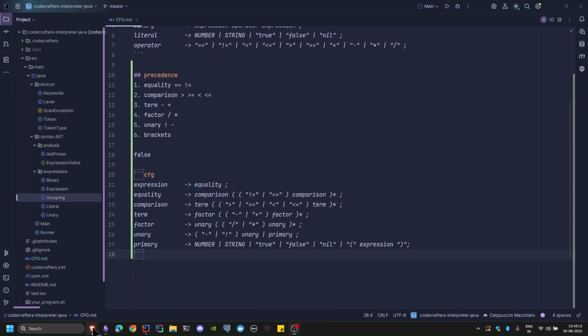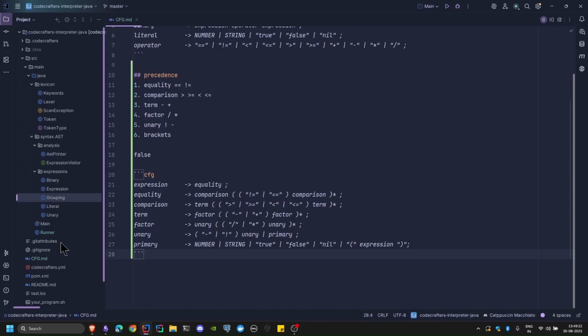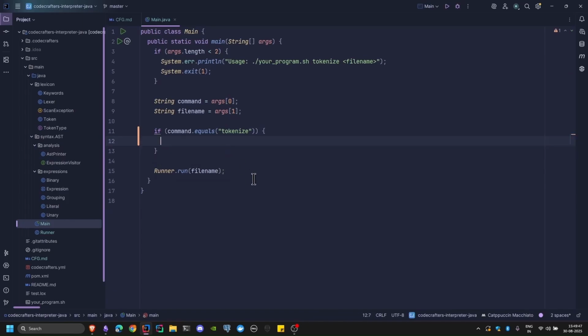So we'll start with the main class. They want us to add the parse command, and we need to add that to the main class. We only have the tokenize command in the main class right now, and it looks something like this. So right now we're checking if the command is not tokenize, then we're just running the run. But now we'll have multiple commands that we need to support. So what I'll do is, if command is equal to tokenize, let me move this out,